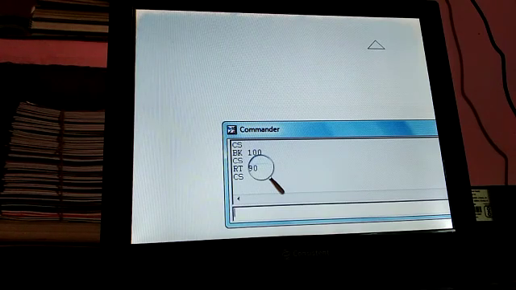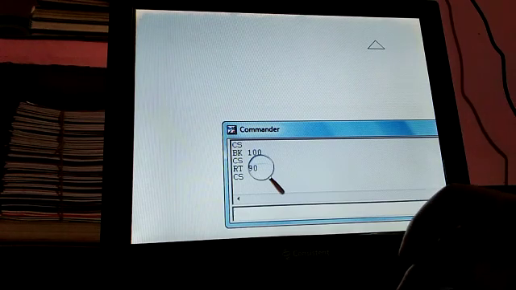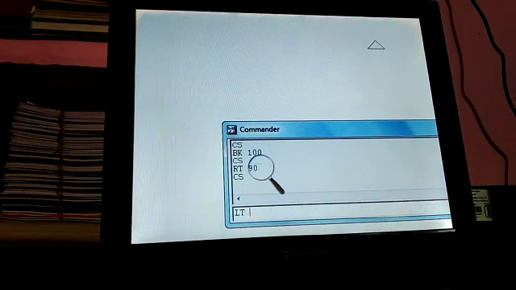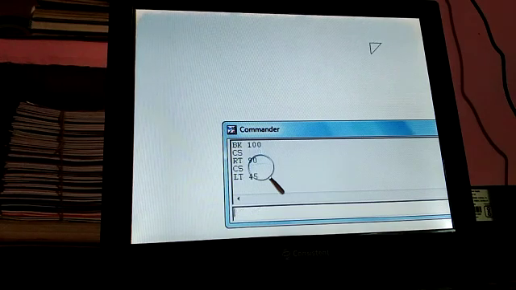Now LT command. What do you mean by LT command? The left or LT command is used to turn the turtle towards its left side. It needs a number of degrees to know the angle of turn. For example, LT space 45, then enter key.